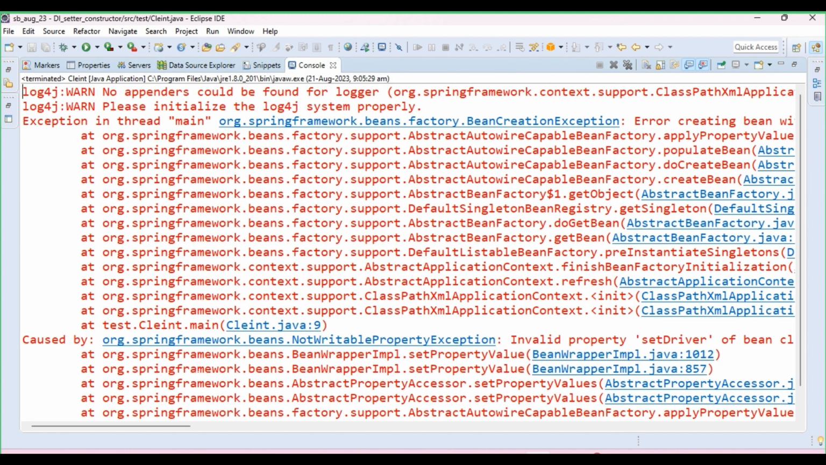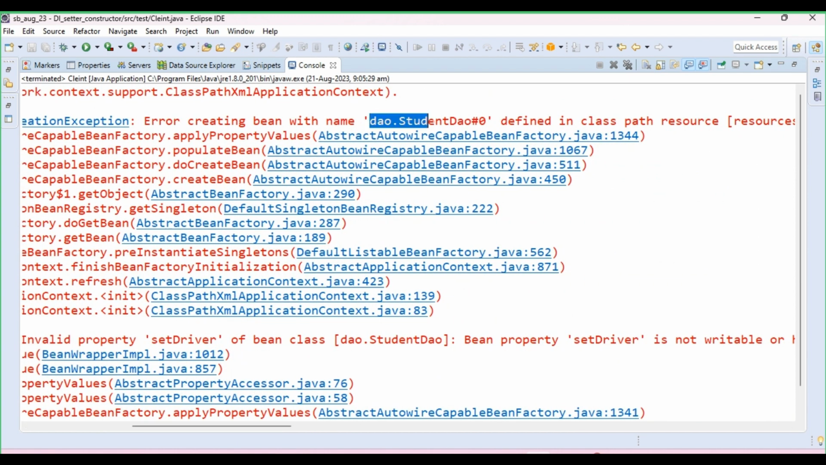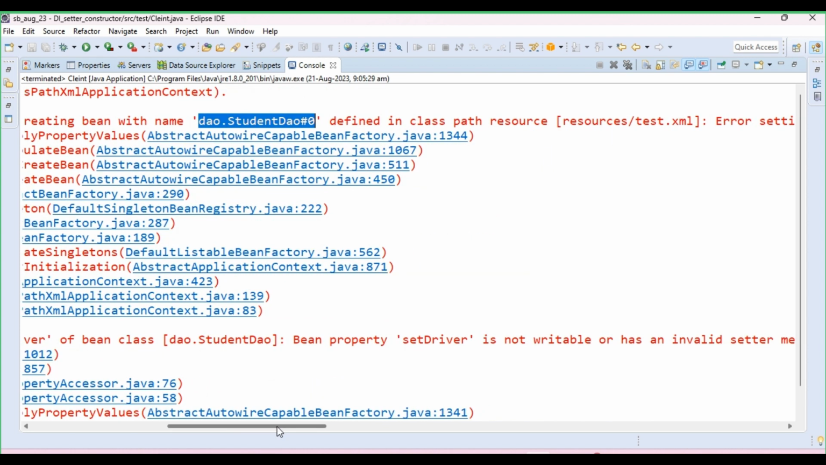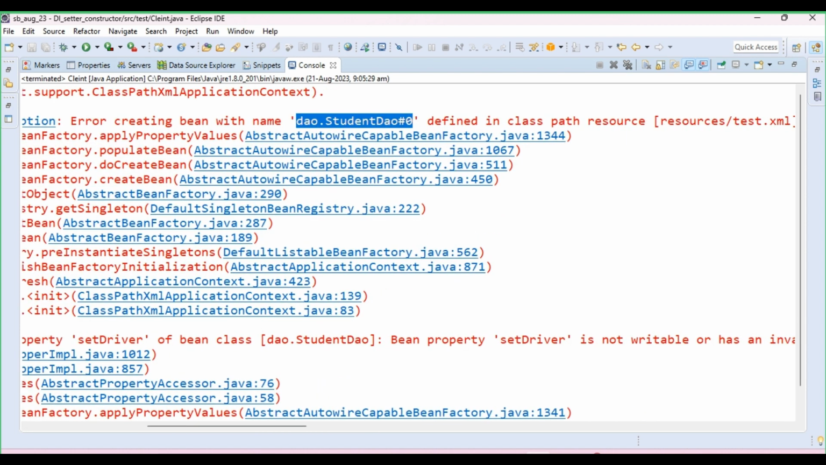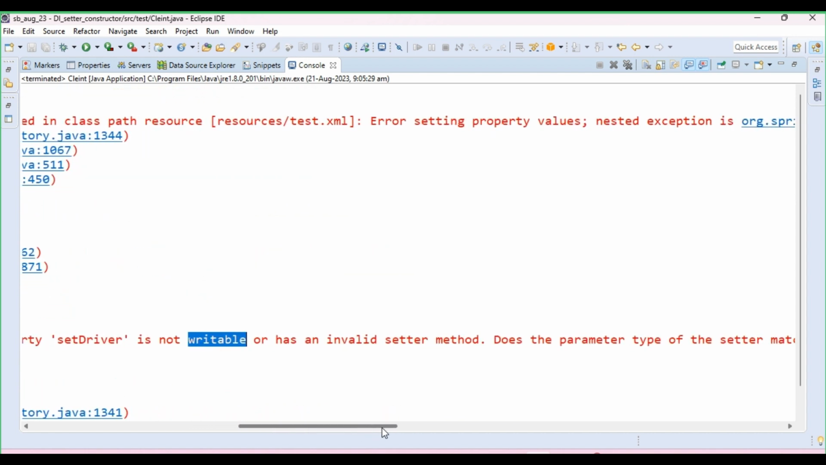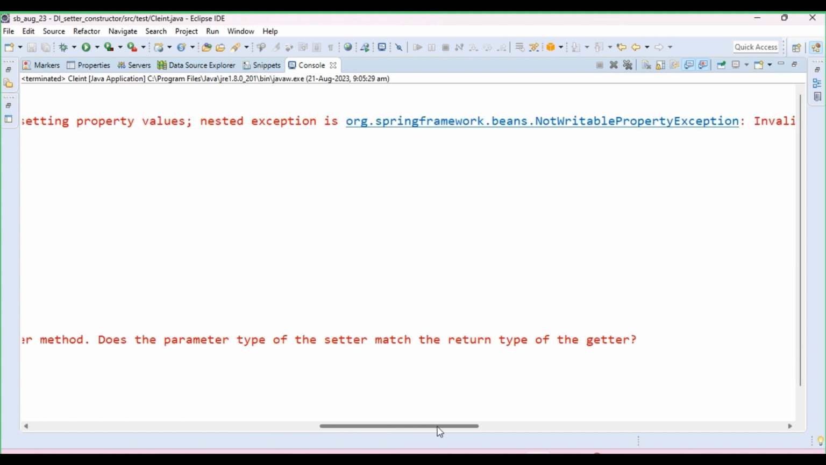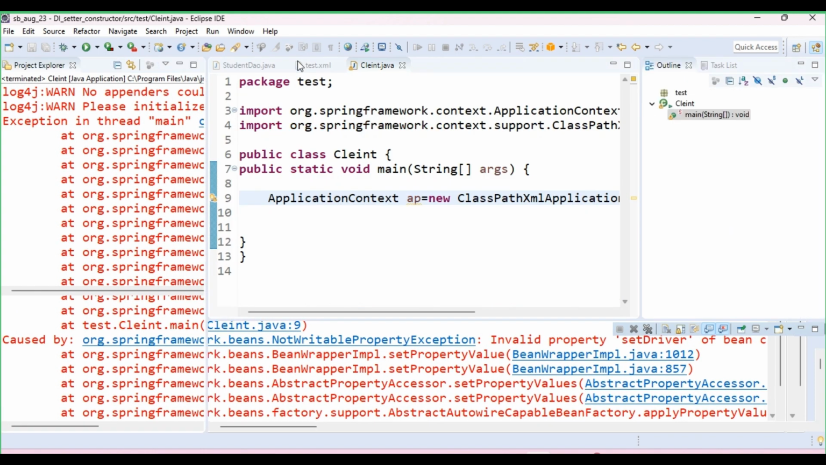Error creating bean with name student. It is using some name we didn't mention. Inbuilt it is taking a name because we didn't give any name. Now it is calling a setter method. Setter driver bean property setDriver is not writable or has an invalid setter method. Does the parameter type of setter method match the return type of the getter? What it is trying to say here is